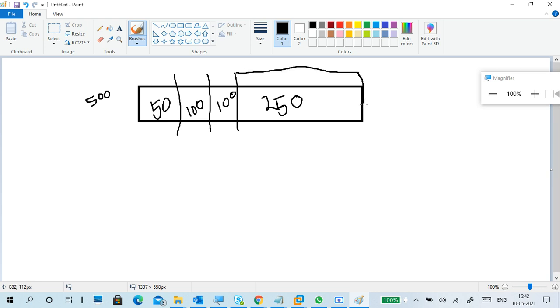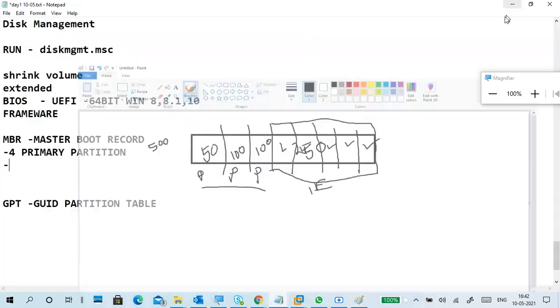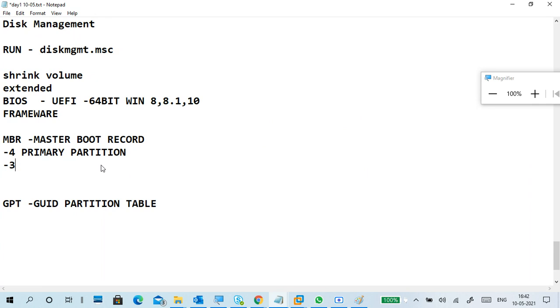What is the solution they created here? This is primary, this is primary, this is primary, and this becomes extended. In this extended we can create logical partitions. These are small logical partitions we can create. So three primary partitions, one extended. In extended we can create logical partitions.